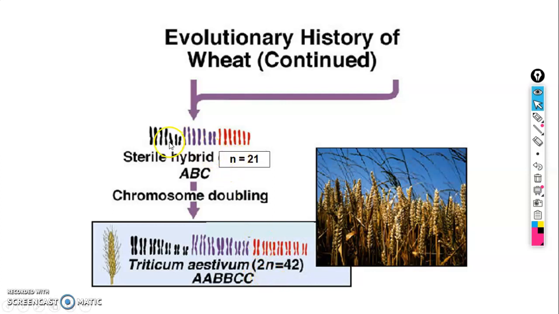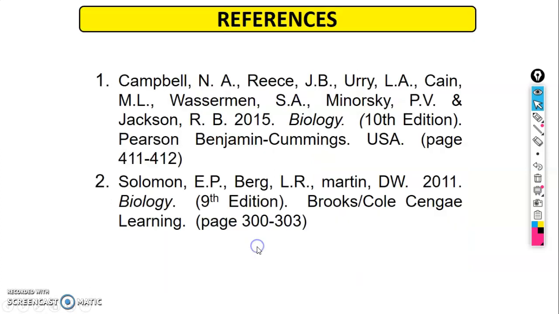Why? Because this cannot be homologous with the B, and not homologous with the C. So we consider them different species. Okay, so this reference we will refer